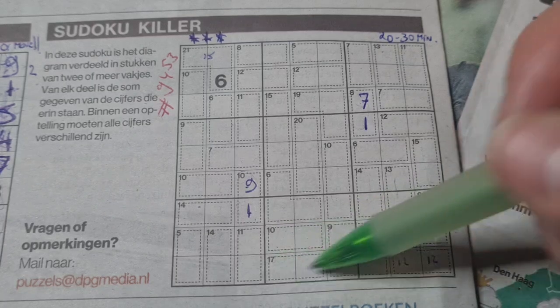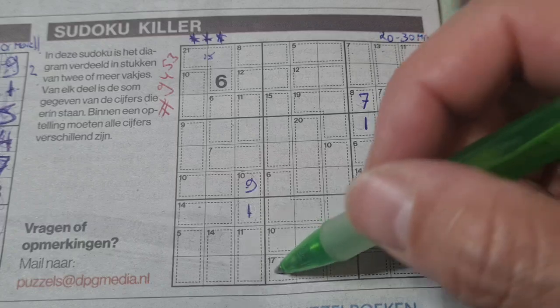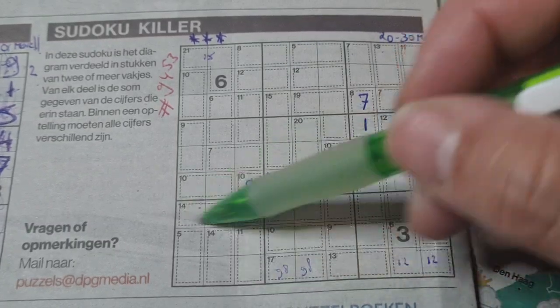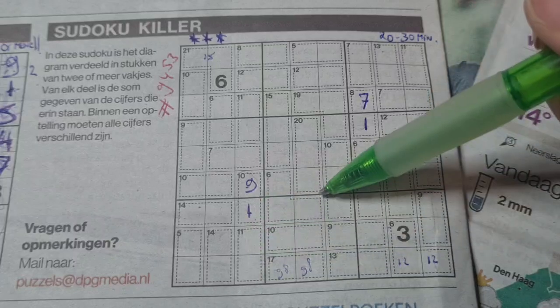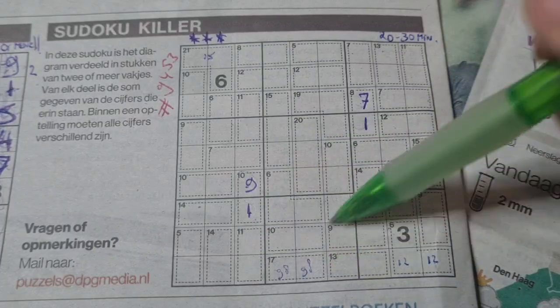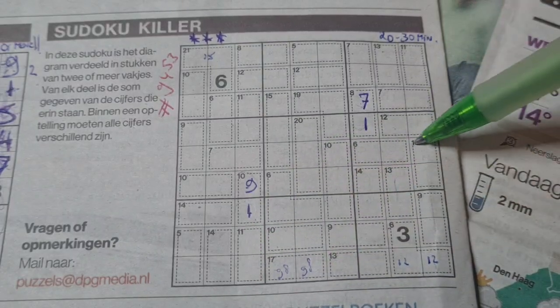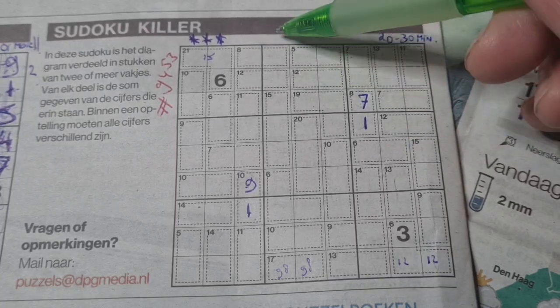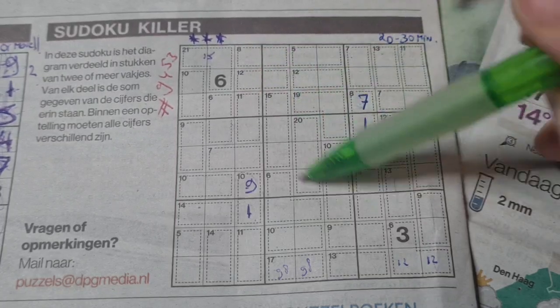For example, the box of 17. Only one combination, 9 plus 8. Let me see if there are more: 14, 5, 14, 11, 13, 9, 9, 13, 5, 15, 12, 7, 5, 12, let me see, well,